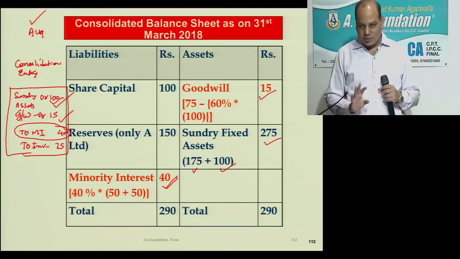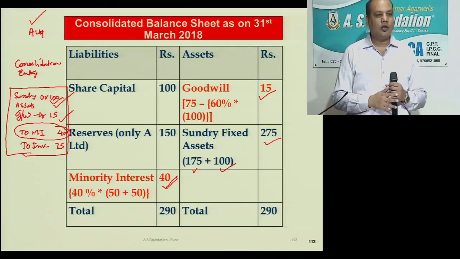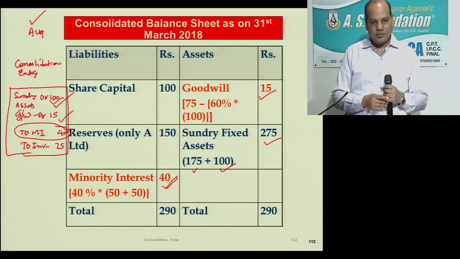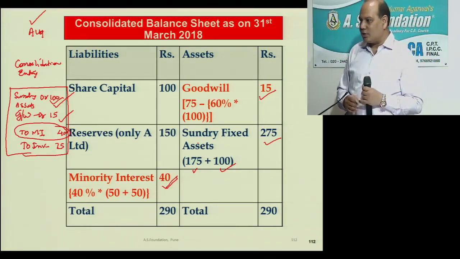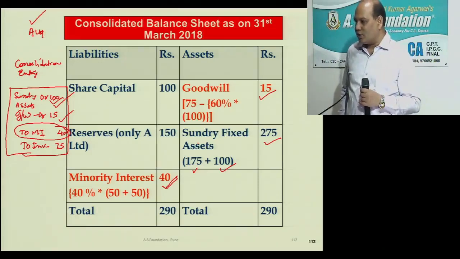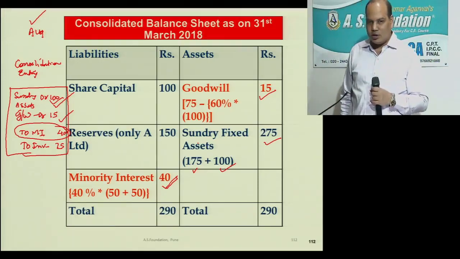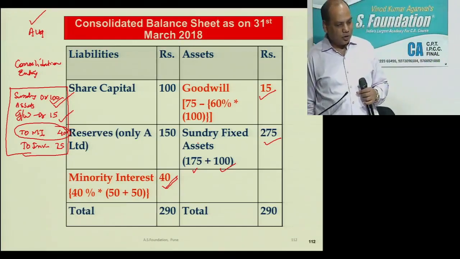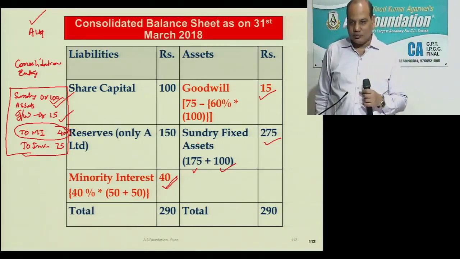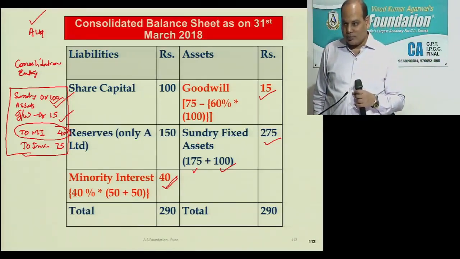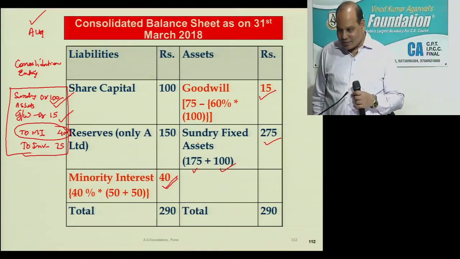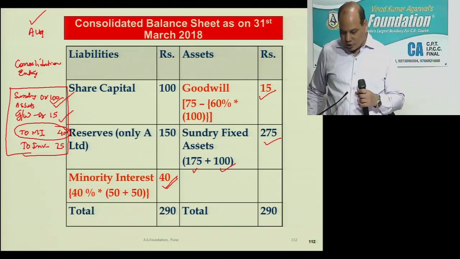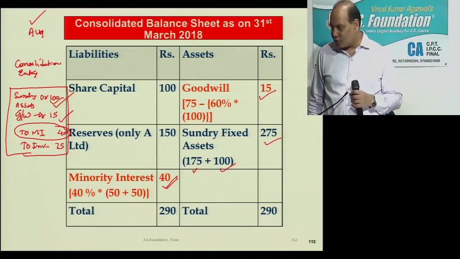Against your investment, you record the net asset of the subsidiary. Since you are not a 100% holder, you will also record the outsider stake in that net asset, 40. In case your cost of acquisition is more than share in net asset, the difference will be adjusted in goodwill or capital reserve, and that investment will not appear in the consolidation process.